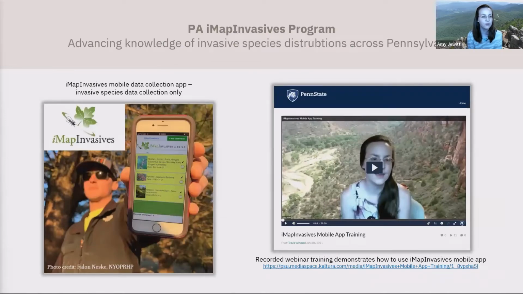And talking again a little bit more about the iMapInvasives program. We do offer a mobile app that you can use for collecting data specifically for invasive species. We do not track data for native species or just exotic. It has to be invasive. This is information that we're tracking for purposes of sharing out with our online platform, natural resource professionals that are out doing management on the ground, conducting surveys, essentially really working a lot in depth with invasive species